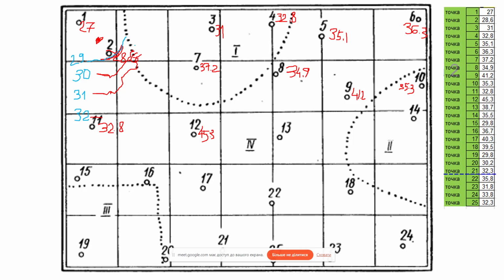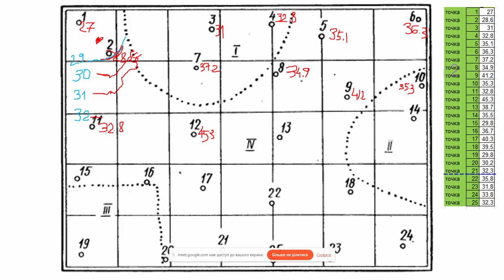Well, all these contour lines are between the points 2 and 7, and we also need to find the number of contour lines between point